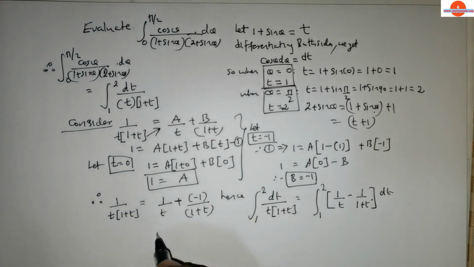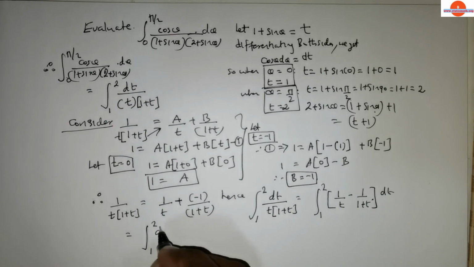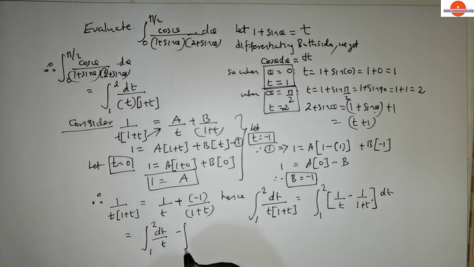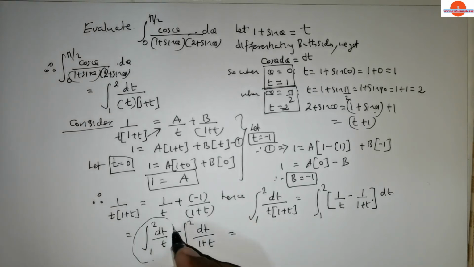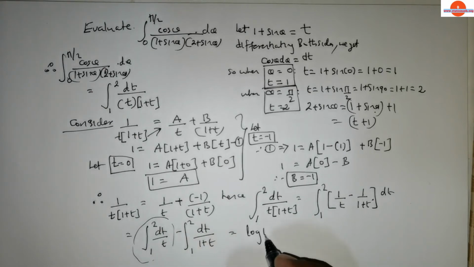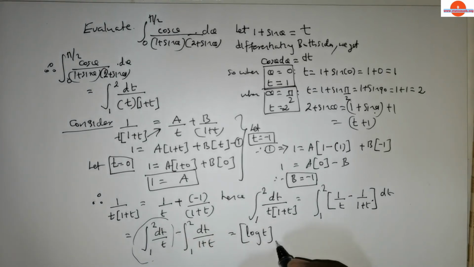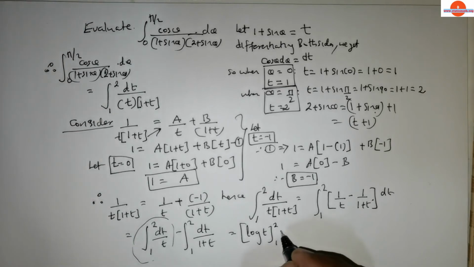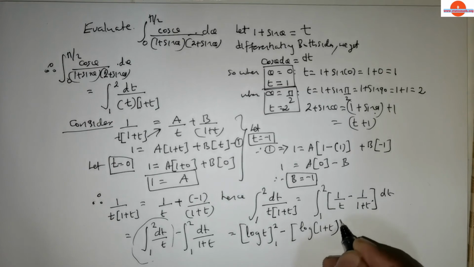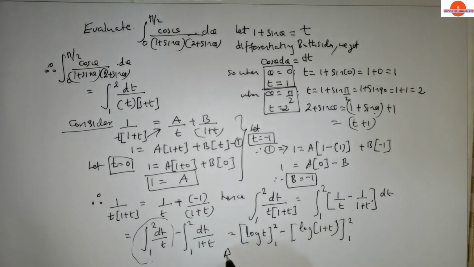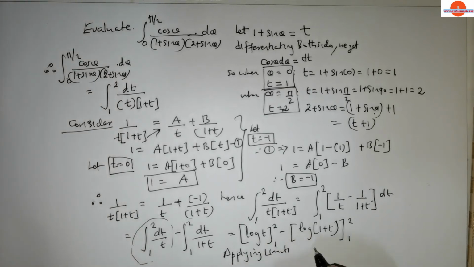So this is further rewritten as the integral from 1 to 2 of dt divided by t, minus the integral from 1 to 2 of dt over (1 + t). Now clearly this is log t, you can also use ln t, limits being 1 to 2, minus log of (1 + t), limits being 1 to 2. Now, applying limits, we get,